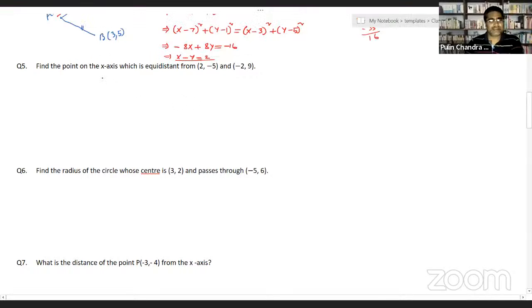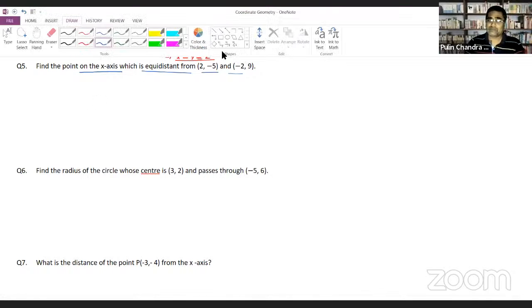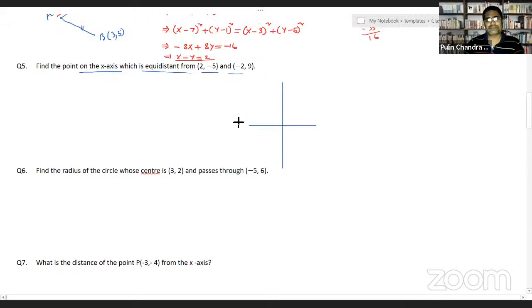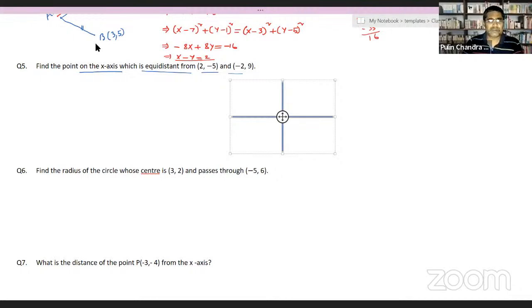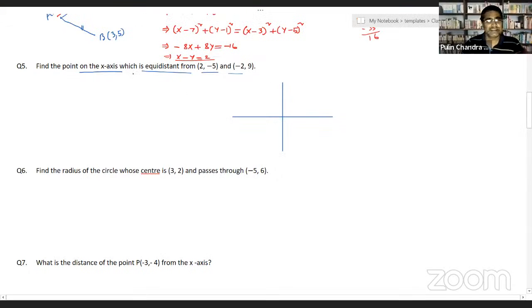राइट, पढ़ के समझ लेते हैं पहले। Find the point on x-axis, x-axis के ऊपर पॉइंट निकालना है हमें, which is equidistant from these 2 points। चलो, ये एक्चुअली प्रीवियस प्रॉब्लम जैसा ही है। पिछले प्रॉब्लम में हमें x, y दे दिया था कि this is equidistant from these 2 points, लेकिन इस बार पॉइंट नहीं दिया है हमें। तो हम लोग एक राफली, बहुत ही राफली, ये नेसेसरी नहीं है कि आप फिगर बना ही दो, but if you draw it, it will be easy for you to visualize. मैं इसलिए राफली कोऑर्डिनेट सिस्टम में पॉइंट्स को बना लेता हूं। एक पॉइंट हो गया (2, -5), कहीं इधर होगा अप्रोक्सीमेटली। You need not really write the exact position, तुम्हें बस ये देखना है कि पॉइंट्स मेरा कहाँ है।